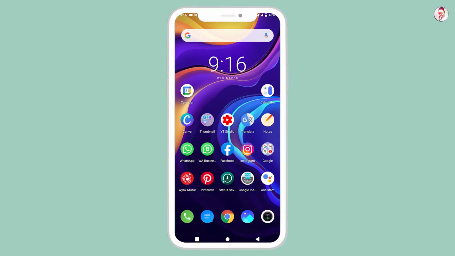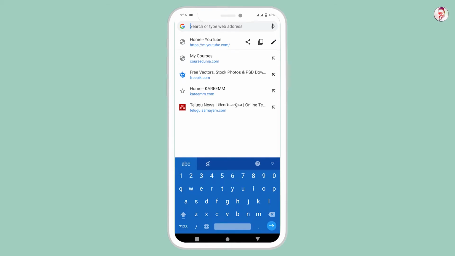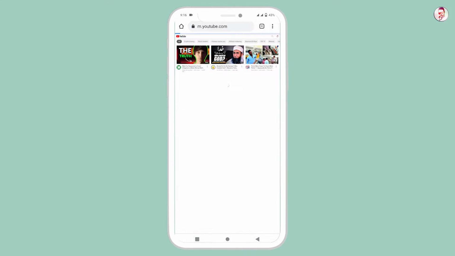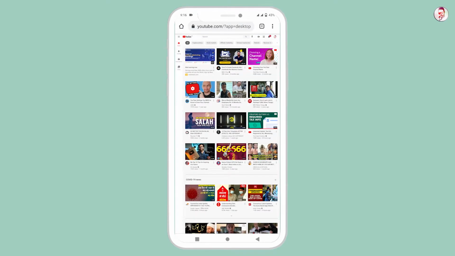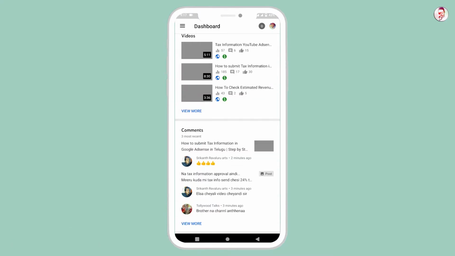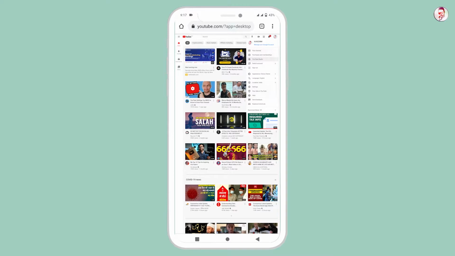Firstly, open your Creator Studio in your browser. Whenever you try to open Creator Studio in your mobile browser, a small error is encountered. I will show you practically from here. Whenever I tap on my profile and click on Creator Studio, it redirects to my Creator Studio app, right? So to rectify this problem, you need to click on your channel